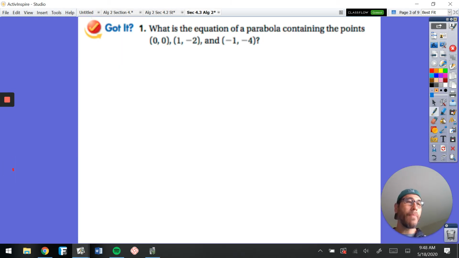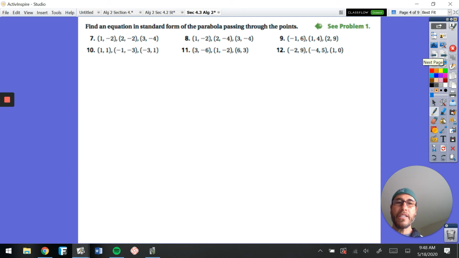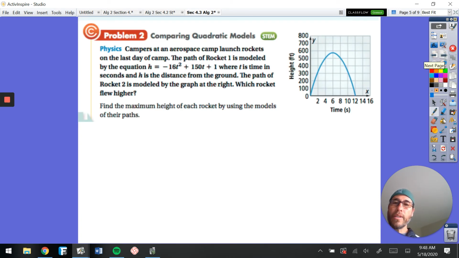How else can I use my calculator in this section? There's a whole bunch of practice problems. If you wanted to practice, go ahead and pause and practice some of those guys, okay? But now we're going to get a little crazy. All right, we have campers at an